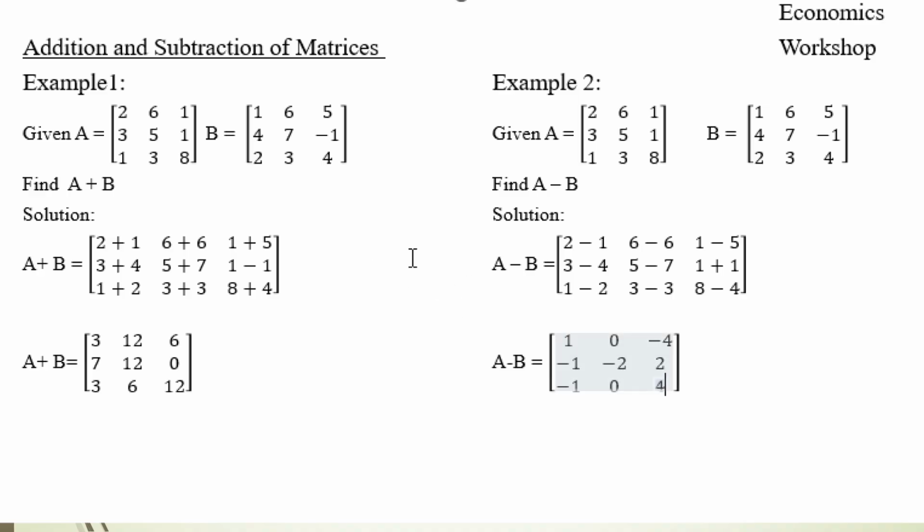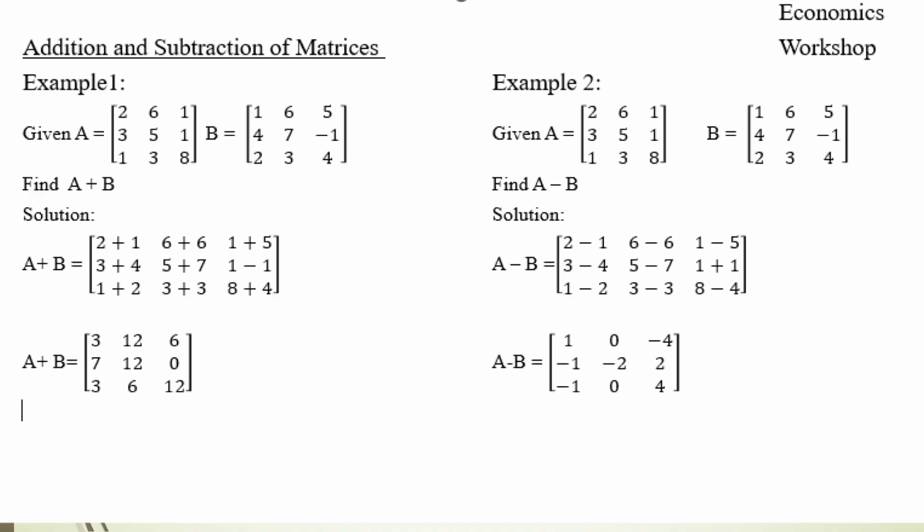Please, I made a correction here. The number here is minus 1, not 1. So the addition is still 1 minus 1. And finally we have 0 here. So this is how to add and subtract matrices